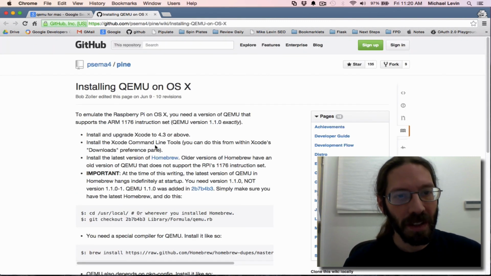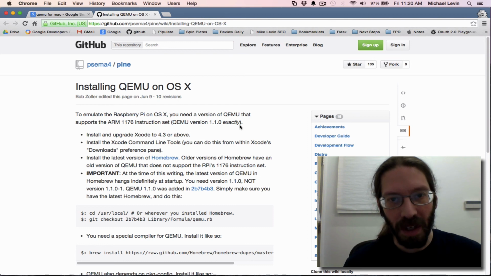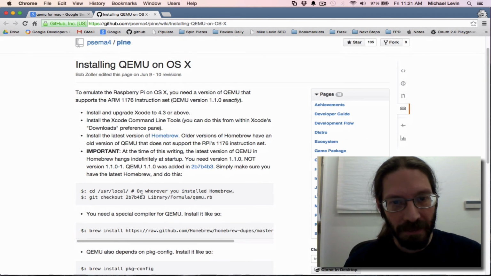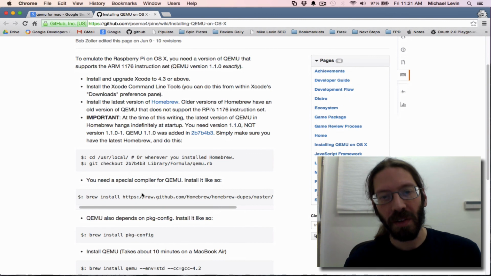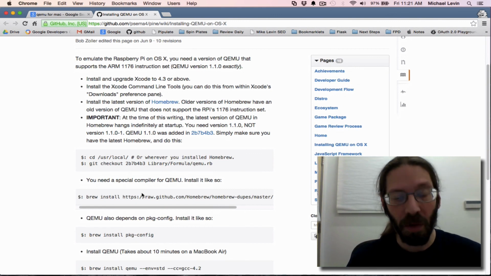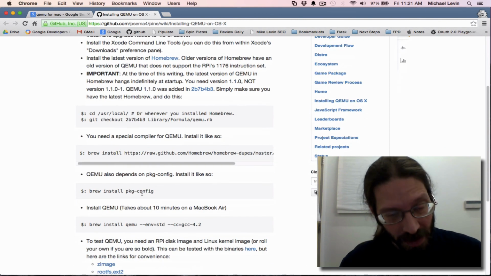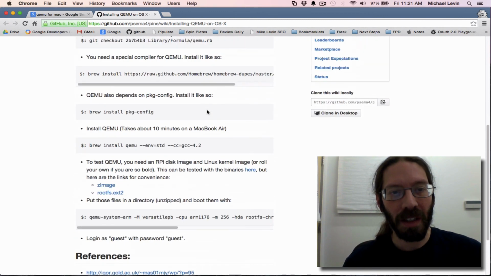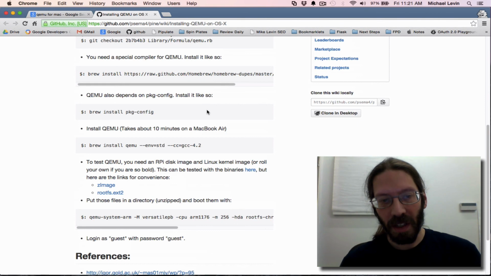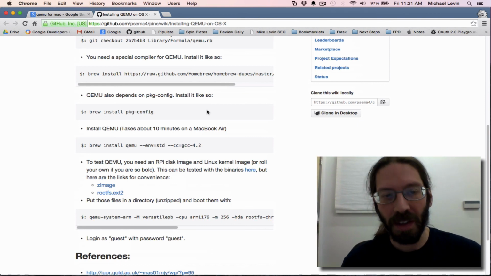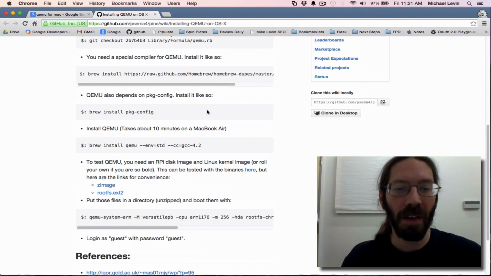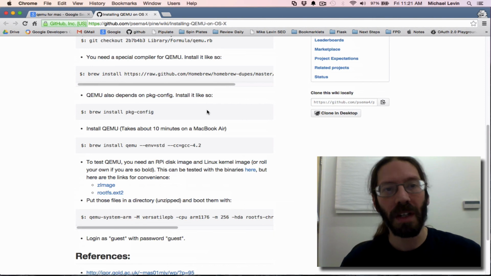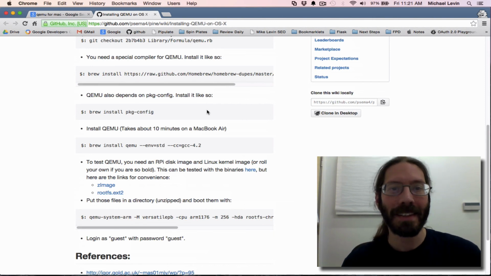So you can see, okay, to emulate the Raspberry Pi, you need a... they're talking about how to do it with Homebrew, which is not a bad approach, except to get it running with the double click that I was doing before. It created that binary error thing. So I need to create a new binary using Homebrew and update the latest